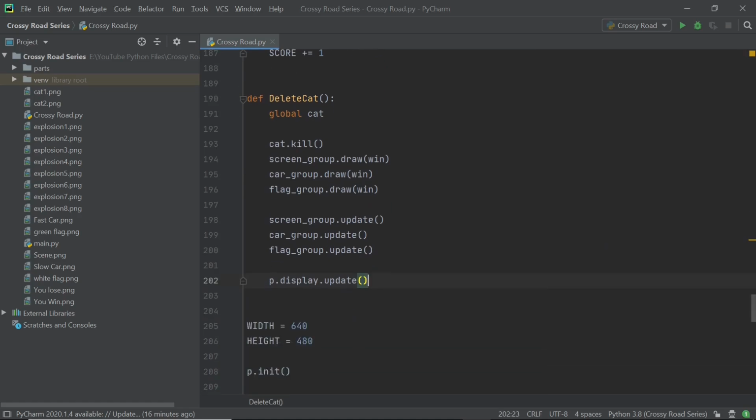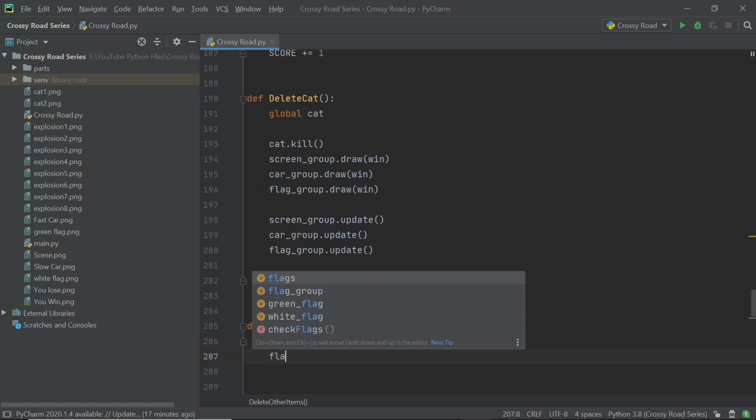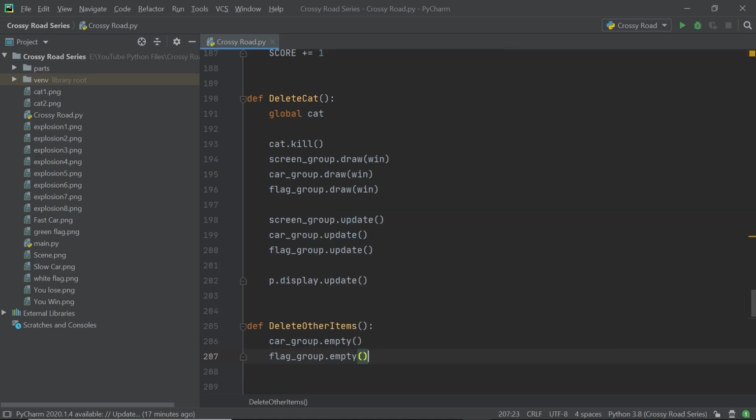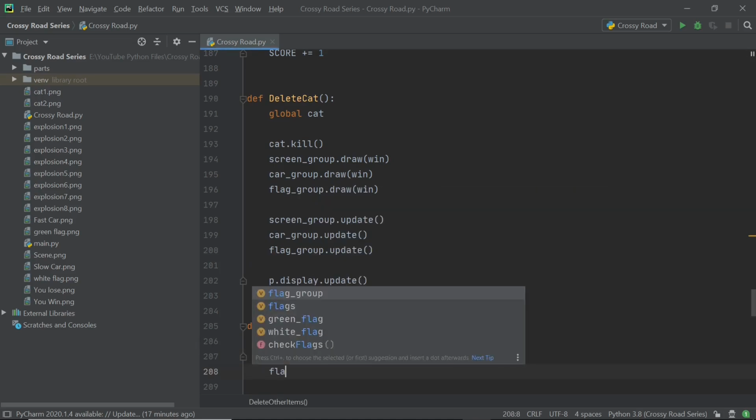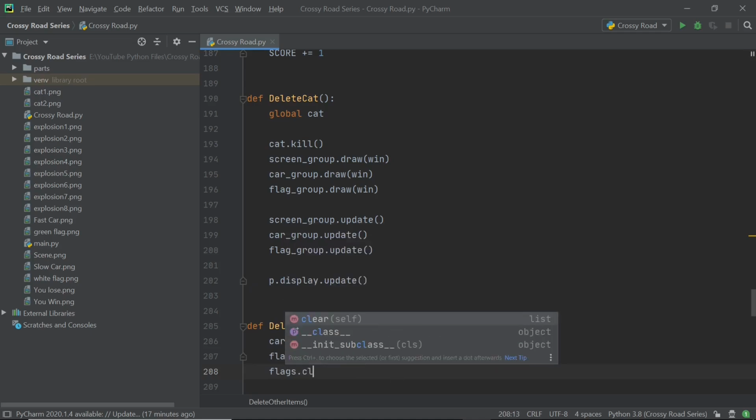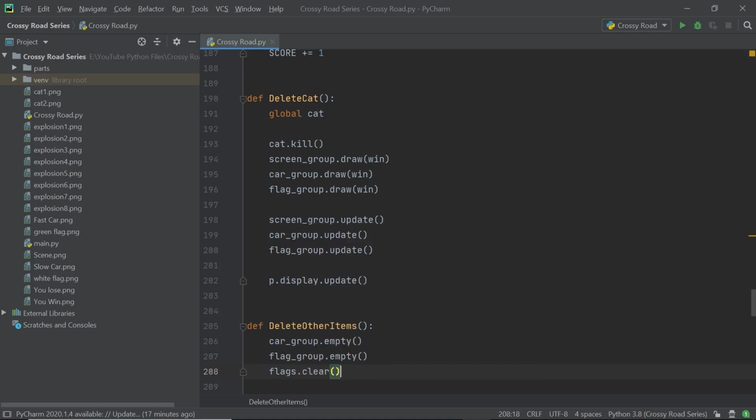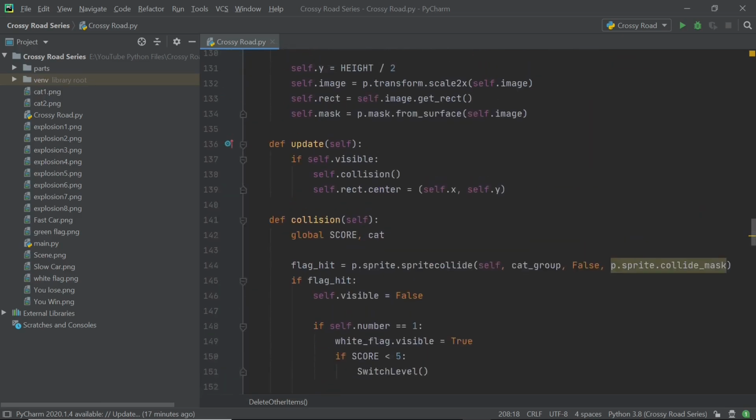Next, we can create another function called delete other items, and we will be deleting the other items apart from the cat. So we will be emptying the car group, and we will also be emptying the flag group. In addition to doing these two things, I will also clear the flags list. And while this isn't really necessary, it just makes sense, because if we don't do this and one of the flags happen to be invisible at that point, we might start to run into some errors. So make sure you have this line of code in there, and that is pretty much all we need in